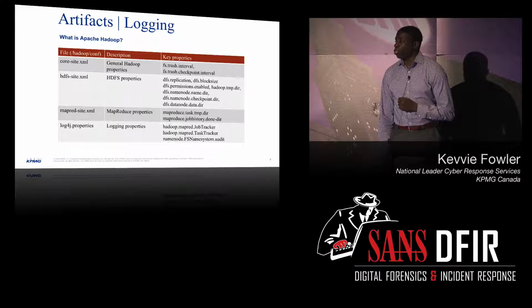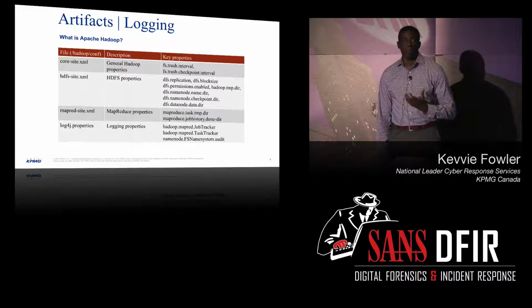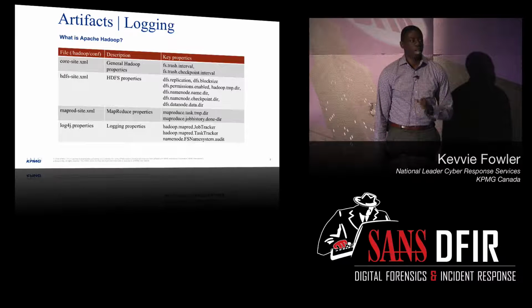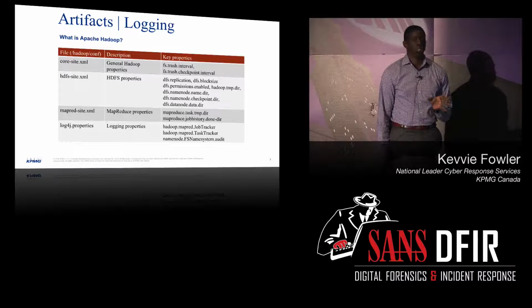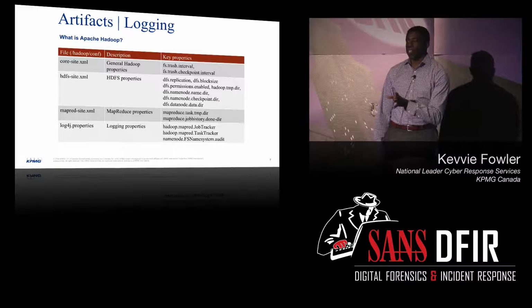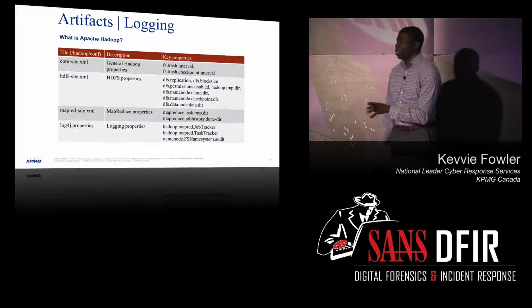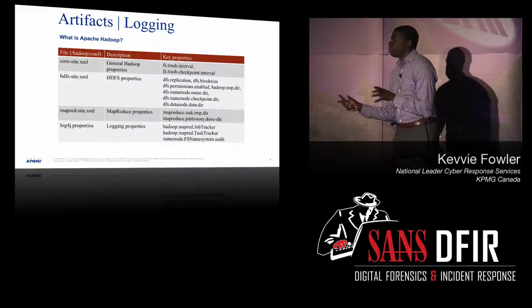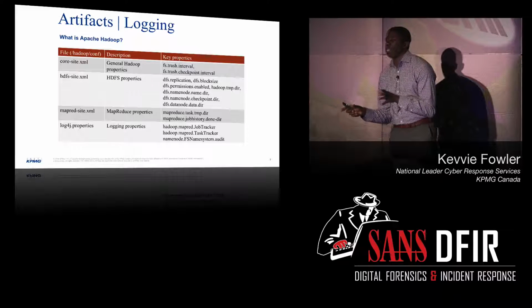So that'll provide you information about that file system. Then it comes down to MapReduce, the mapred-site.xml file. That will tell you how MapReduce is actually set up. And that file actually lists a temporary directory that it uses for scratch. So when queries are executed within Hadoop, it sometimes stores temporary results within a folder. You can actually go to that folder and get an idea of what past commands were executed based